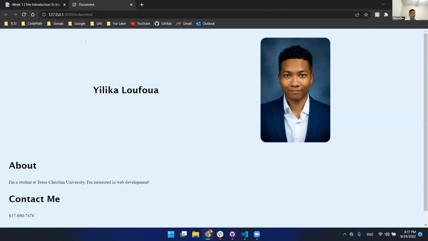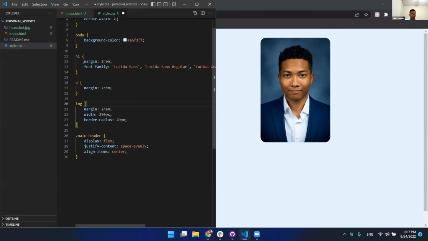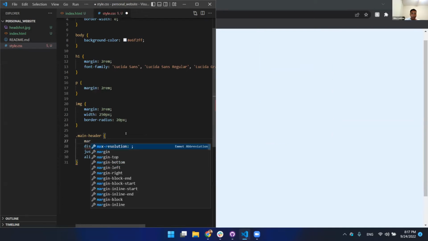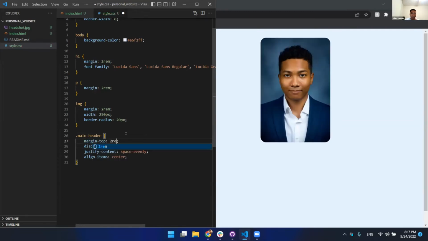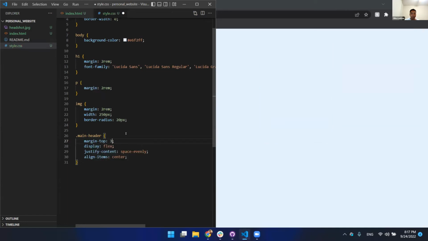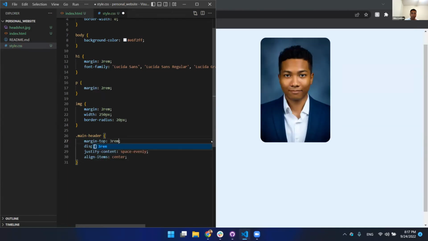So once I have that, I want to give it maybe some more top margin, because I don't have a nav bar or something like that. It looks a little bit too high up there. So I'm just going to give this a margin top of 2 rem. So 3 rem applied. Oh,